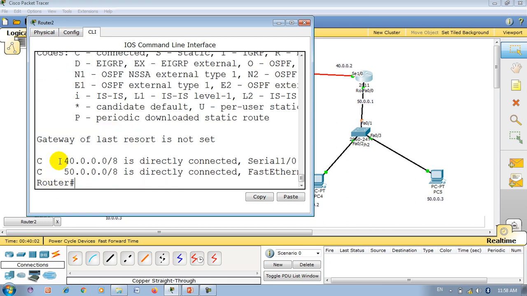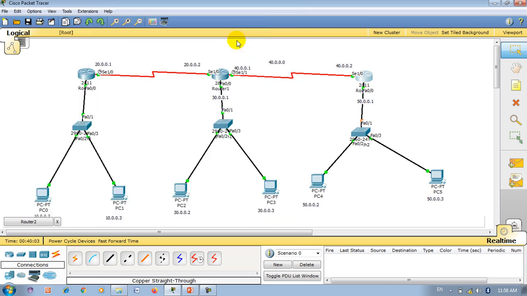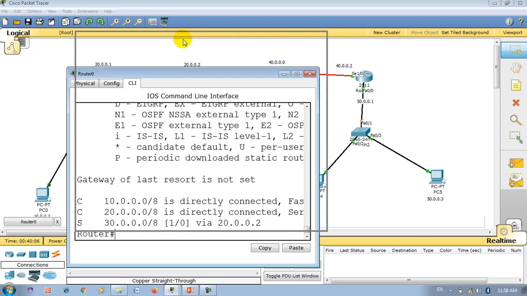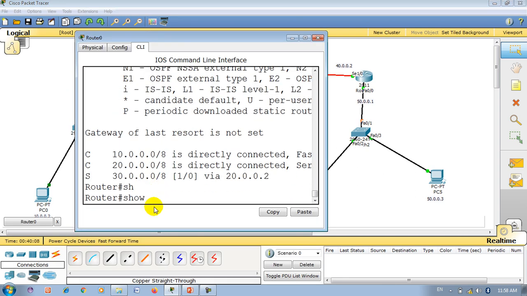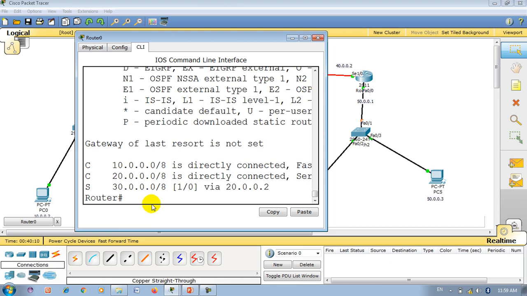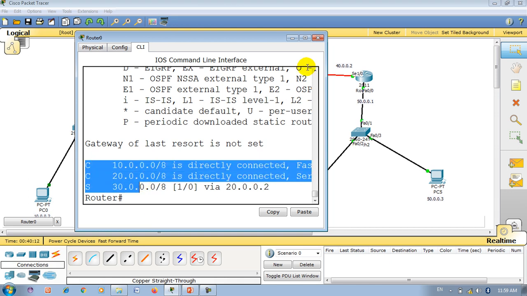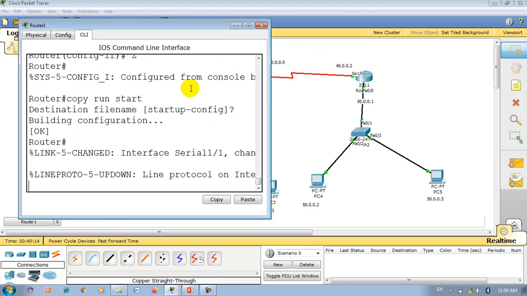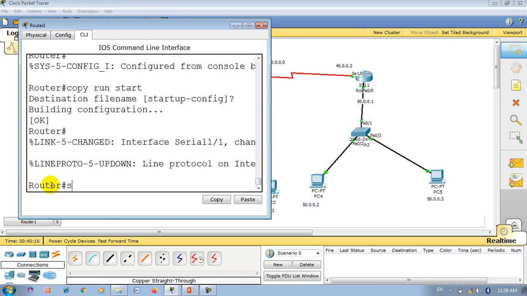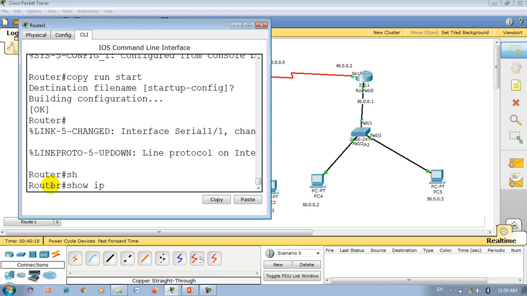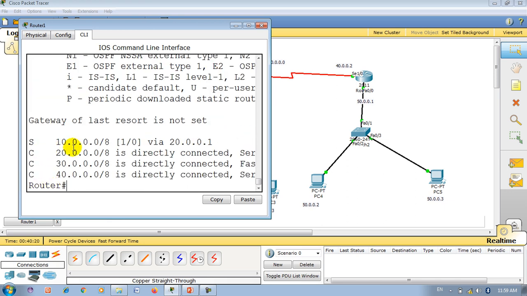Now let me check the routing table of every router, right? Here it has the knowledge of the 40 network and 50 network. Let me check the first one. Show IP route. It has the knowledge of 10, 20 and 30. The next one has the knowledge of 10, 20, 30 and 40. One was added as a static route, and another is a directly connected network.